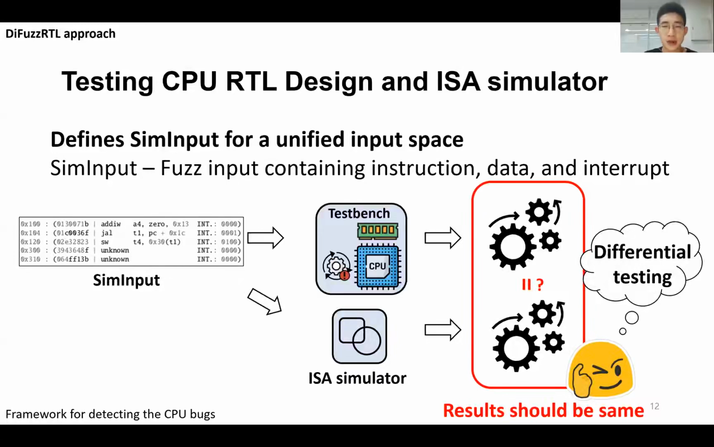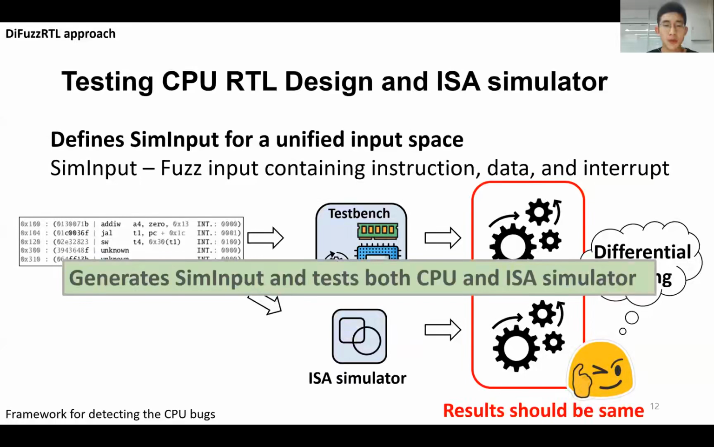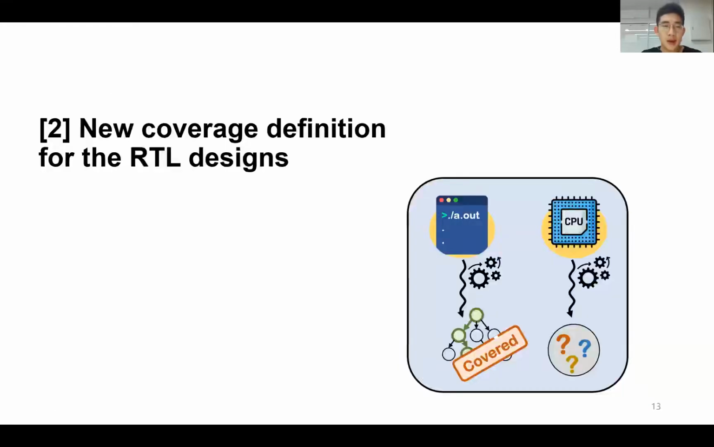DIFUZZRTL runs as a test bench for the RTL design so that it passes the siminput and generates input stimuli every cycle. Finally, we implemented the testing framework, which continuously generates the siminput and tests both the CPU RTL design and the ISA simulator. While testing the CPU designs, DIFUZZRTL needs a coverage for the RTL designs, but we need a completely